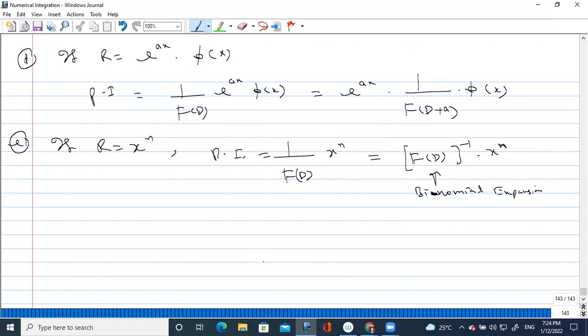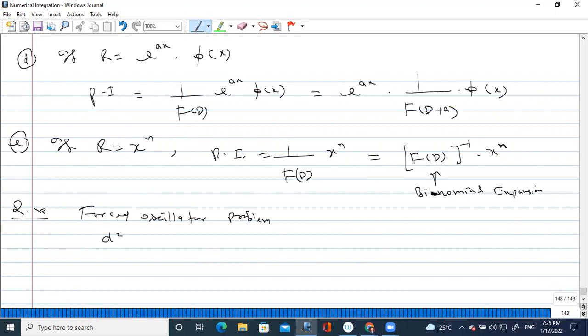Okay, so now we can start the questions. There is a question: the forced oscillator problem. In the forced oscillator problem,